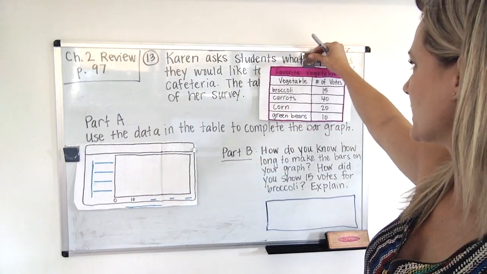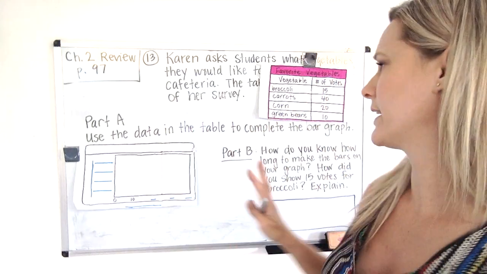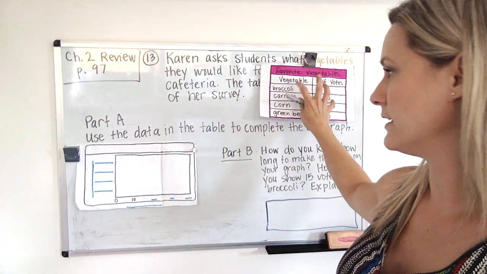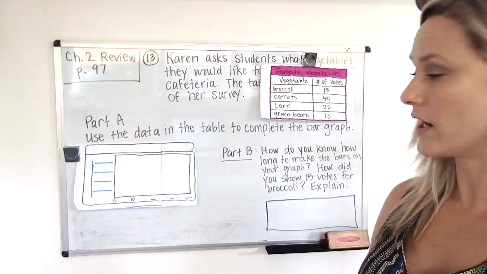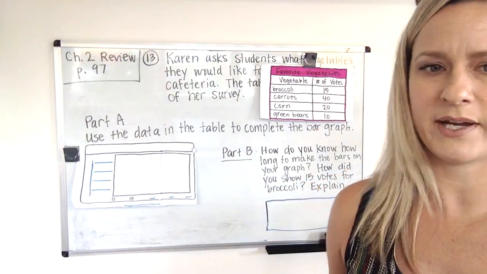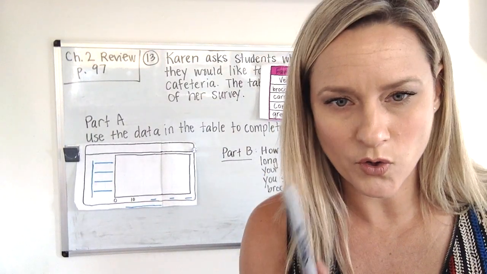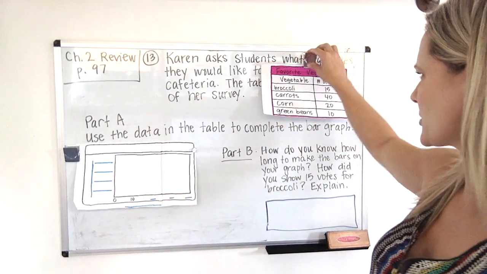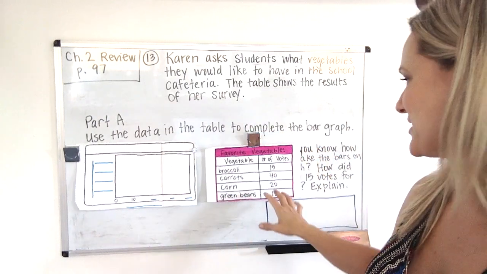Now, I think I'm just going to hang that there. We've already read the question. We can take it off and read it again if we need. Part A is asking us to use the data in the table to complete the bar graph. Now, we've got this bar graph right here set up, and it looks kind of strange because it's empty. So we have to think about all the things that we're going to put into our bar graph. Actually, since I can, I think I'm going to move it right there, right beside it, so it's nice and